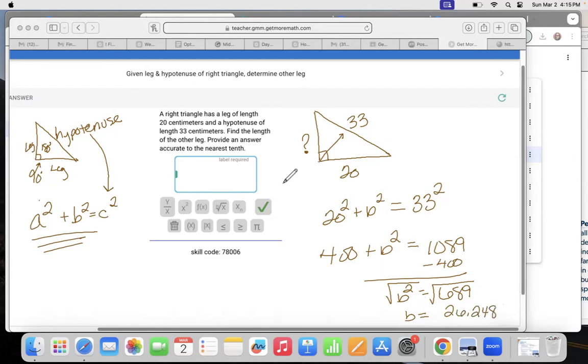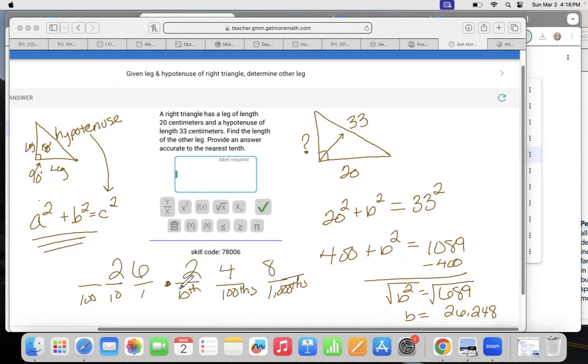26.248. Now up here it says provide the answer accurate to the nearest tenth. So let's talk place value. Hopefully we know this is 1, 10, 100, right? This is tenths, hundredths, thousandths. And it says to round it to the nearest tenth. So I'm going to go 2 places behind. So if I take my answer and I do